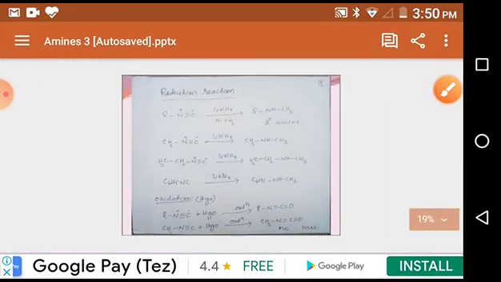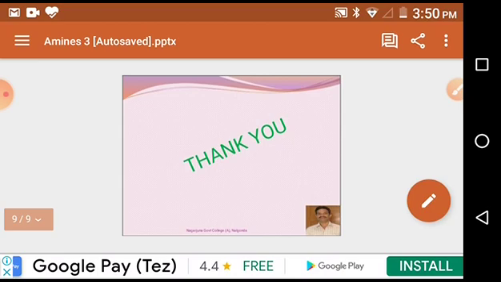So oxidation of cyanides gives cyanates. Oxidation of isocyanides gives isocyanates. Methyl isocyanate is the gas responsible for the Bhopal gas tragedy in the Union Carbide Company. It's a very notorious incident in our Indian industry, Indian environment. Okay, this is today's class.